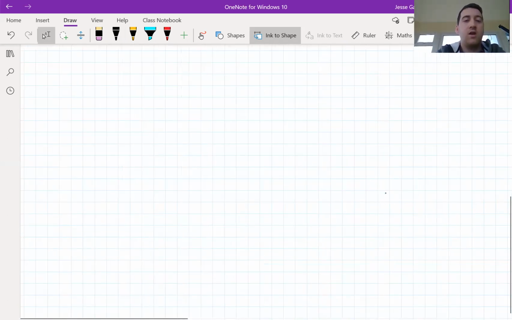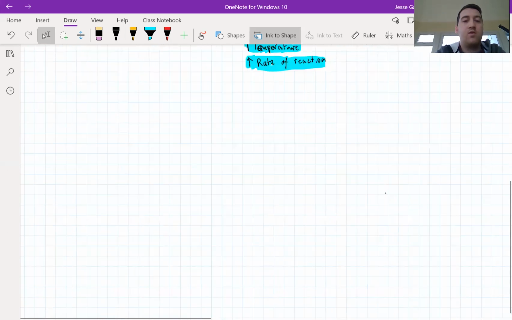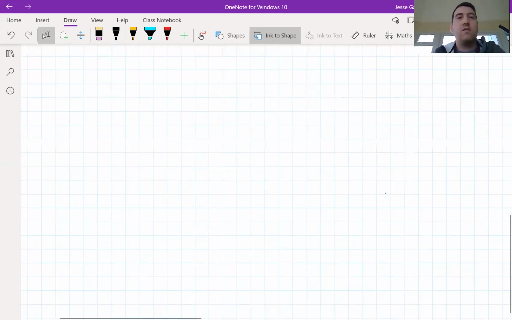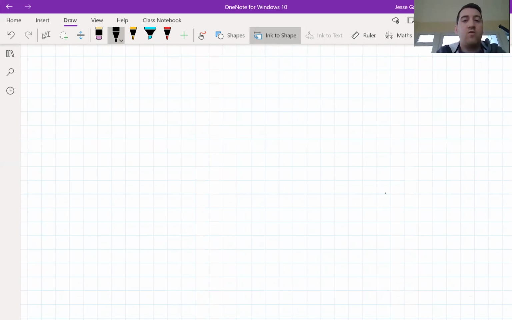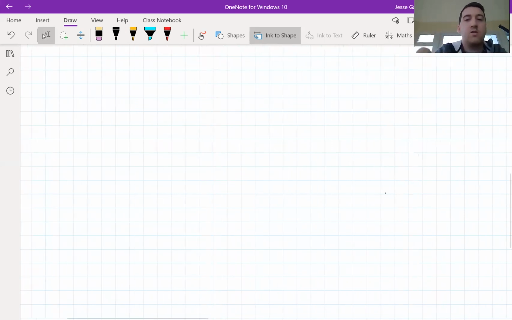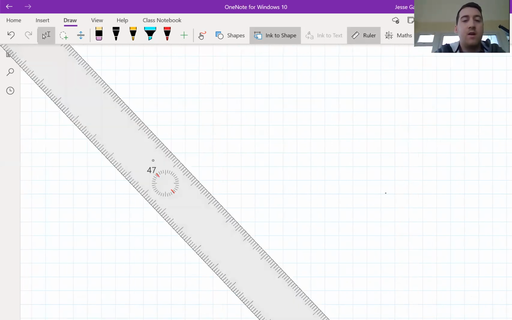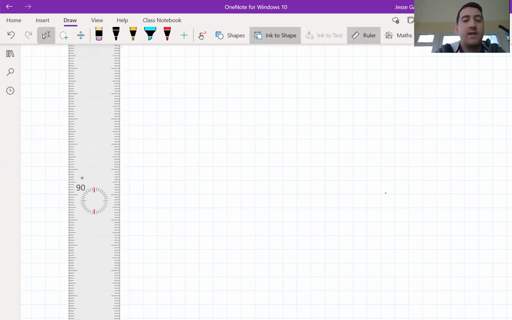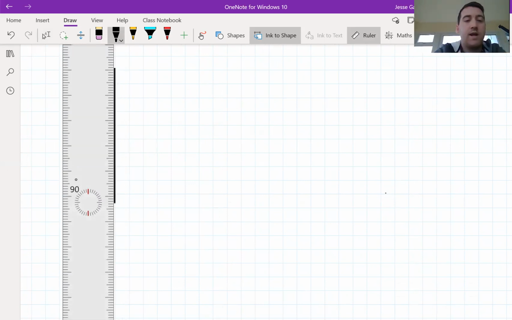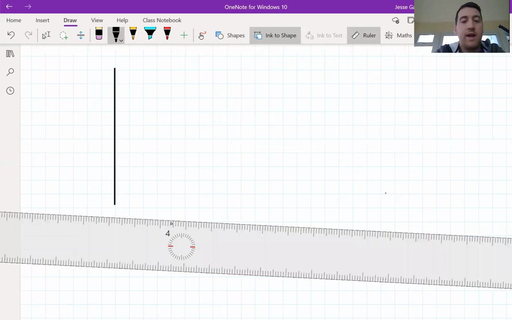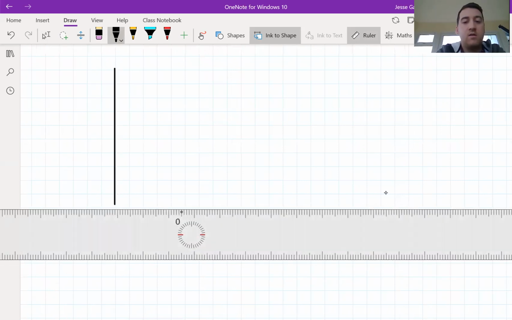How does this look on a graph? If we were to try and draw a graph for how temperature affects the rate of a reaction, I'm just going to get out my ruler. I'm going to start by drawing an X and a Y axis. So here is my Y axis, and here is my X axis. And as usual, when I do a rate of reaction graph,